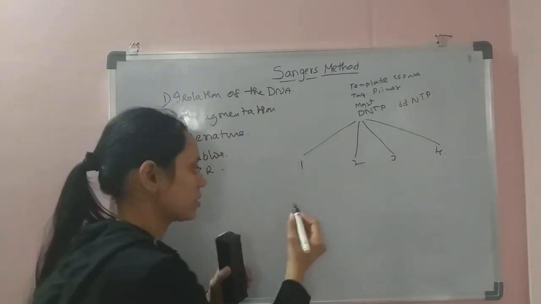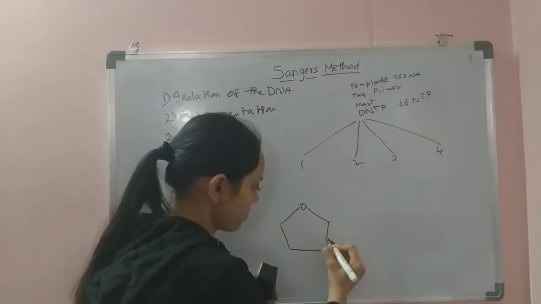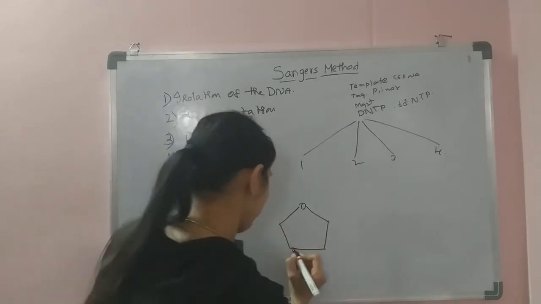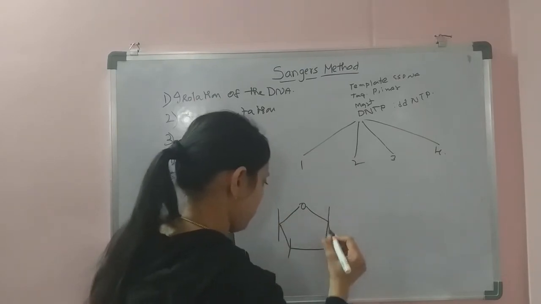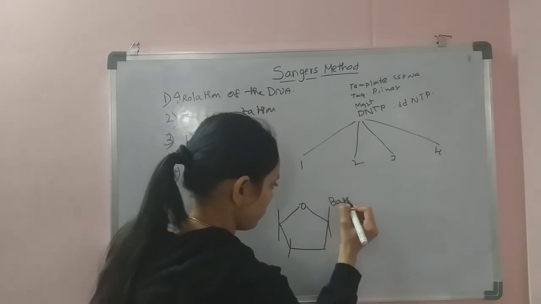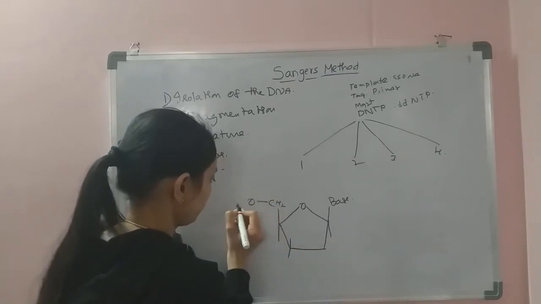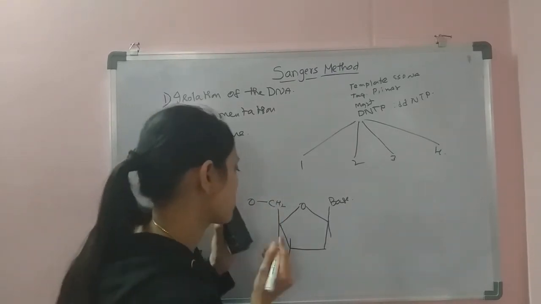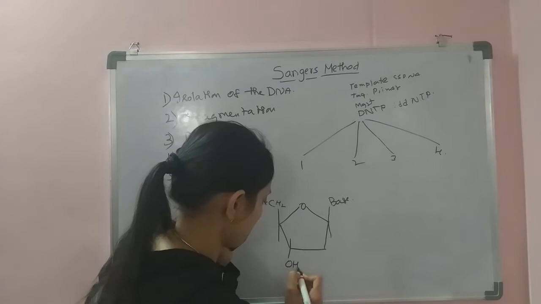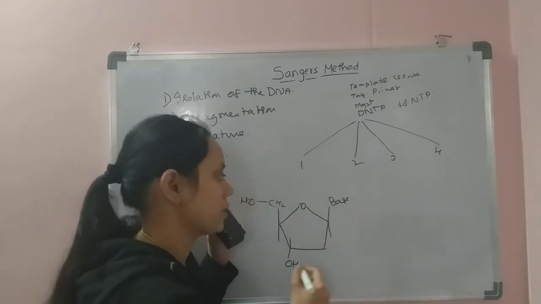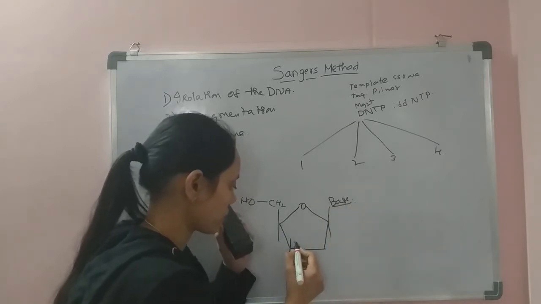We already discussed this. ddNTP is having... So let us consider it as a nucleotide which is having base at the 1' and OH at the 3'